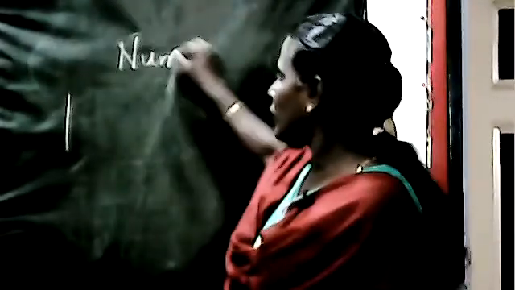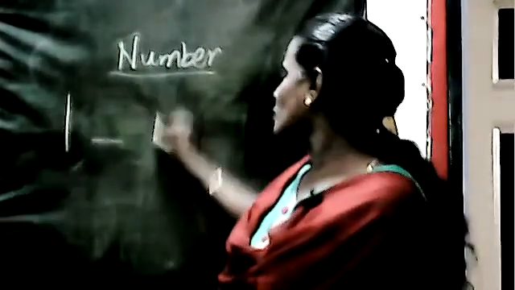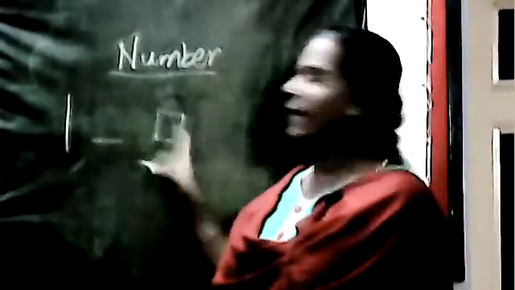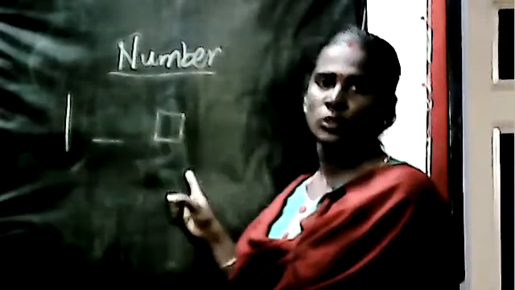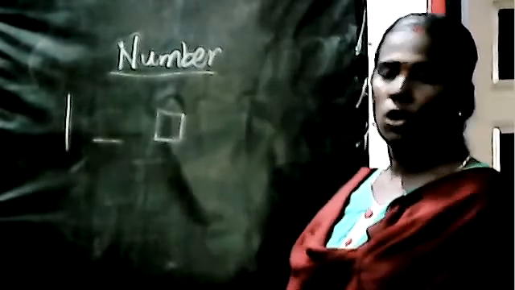Now you know to write number 1 and 2. So see here, number 1, see you are drawing a standing line. This is number 1. Okay, number 1. So for number 1, you draw one object. So I am drawing a square, one square. How many squares are there? One square. So you know to write 1, you know to draw the shape also. Okay, for number 1, one object you should draw.